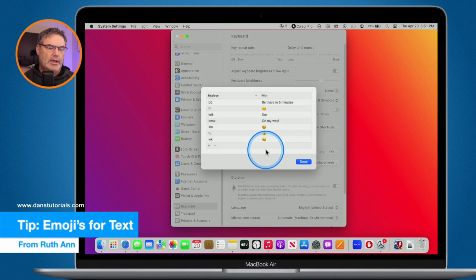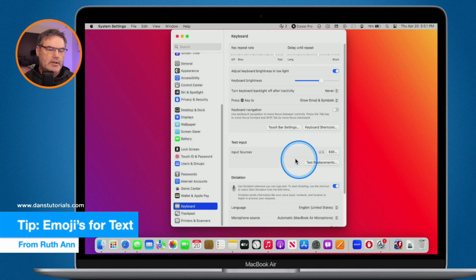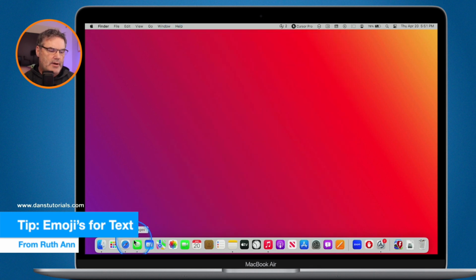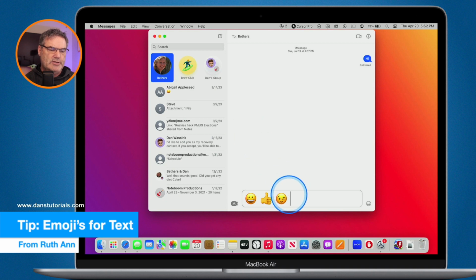And now if I were to send a message here, let's just say we're talking about something, and I'm like, that's too bad, and I just go FN space. We can see that I automatically put a frown there.